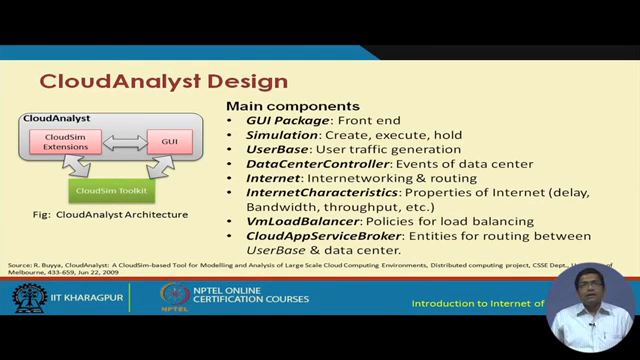The CloudAnalyst architecture is given in front of you in the figure. So, we have two main components. One is the CloudSim extensions, offering different metrics and extensions that will help you to analyze what is going on, how the cloud is behaving and so on, and the other is the graphical user interface. This interaction with the core CloudSim and the two components of CloudAnalyst are shown in this particular figure. So, the CloudAnalyst basically comes with different components such as the GUI package for front end development, the simulation